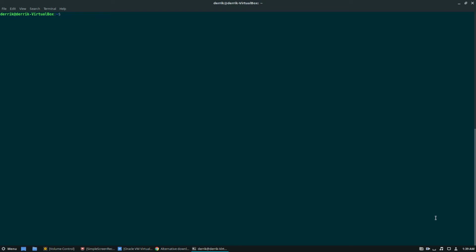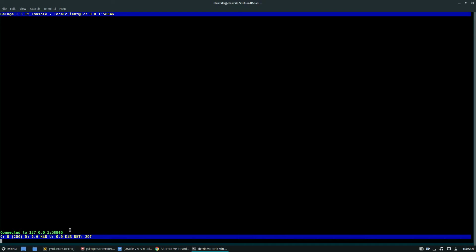Now we need to accept remote connections through the deluge console setup. So just do deluge-console, open that up, and you can see we're connected to our service here. So it's running, everything is confirmed to be working perfectly. From here, what we need to do is allow remote connections, and you can do that by running config -s allow_remote True. This is going to allow us to connect to the Deluge server no matter where we are on the LAN. From here, you can just type in quit,